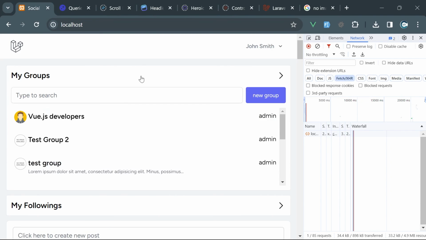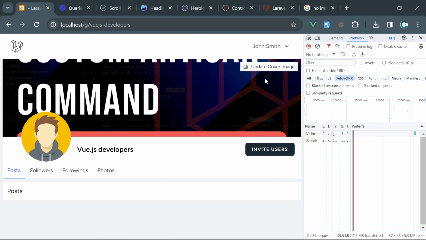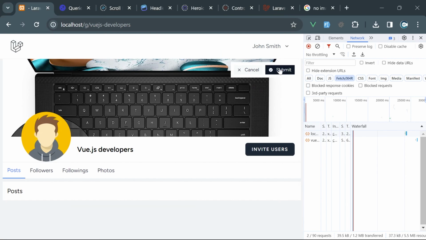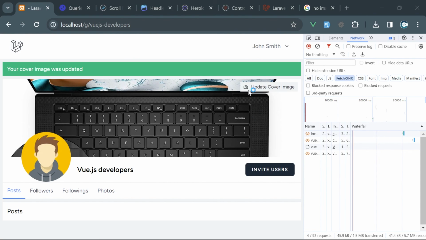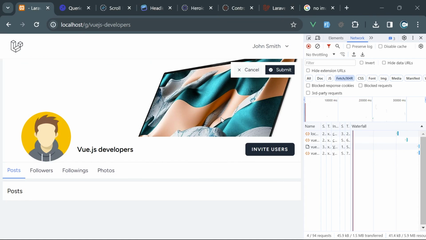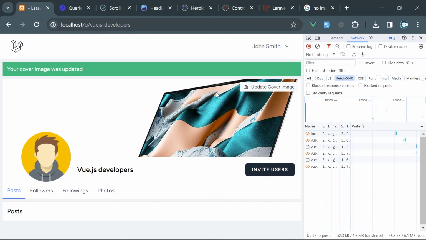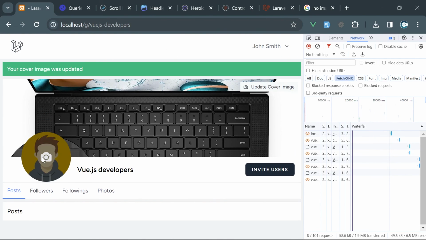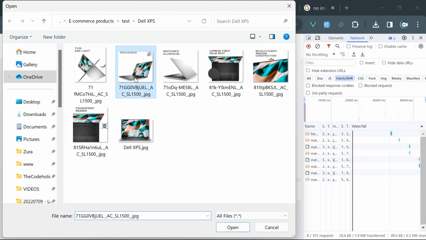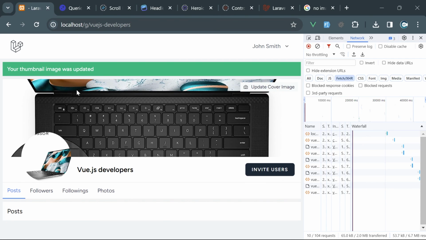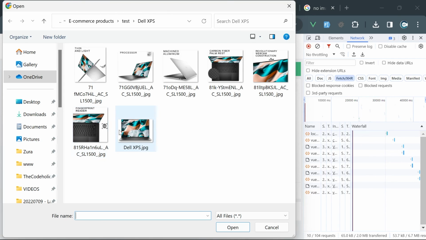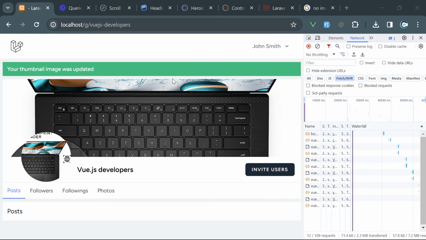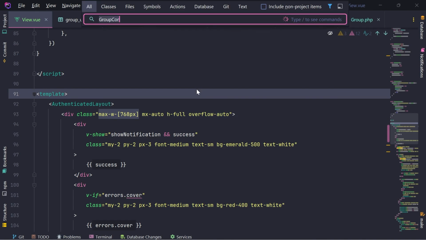If I go in the group, I change the image, hit submit, I see the message. I change the image again, hit submit, I see the message. I change the image again, hit submit, I see the message. Okay, I think we fixed that. I was just checking the wrong place. And then I do this again, and I see the message. Okay, cool. We need to do the same thing for the